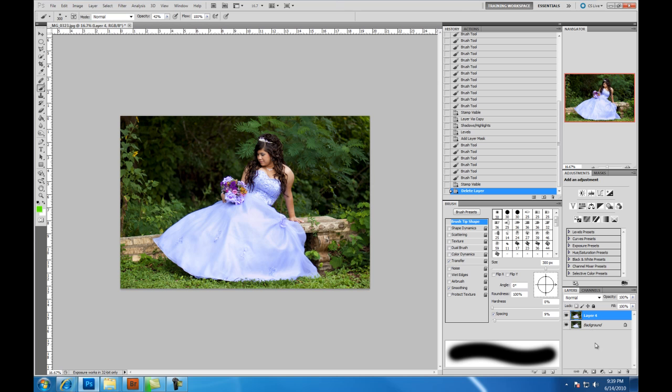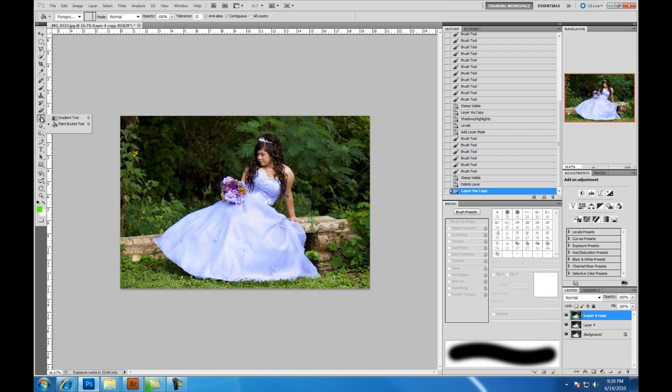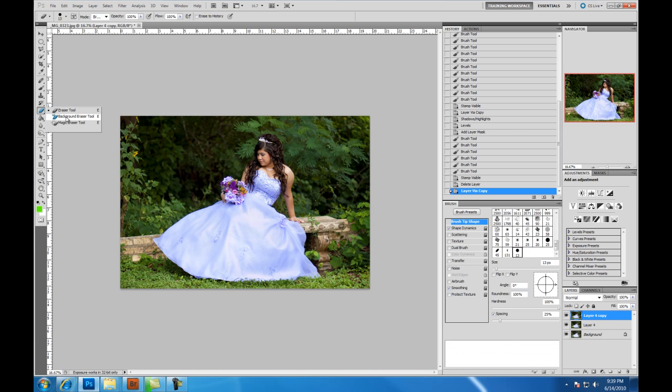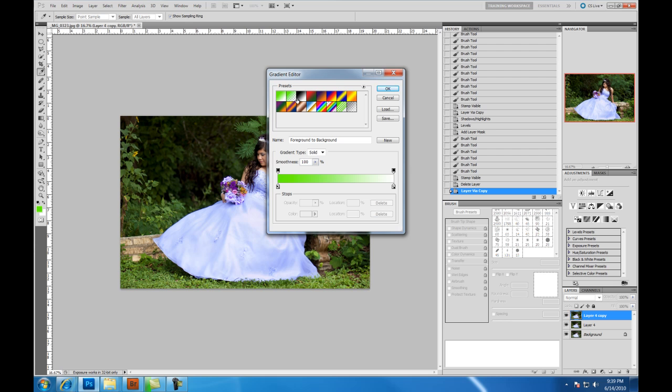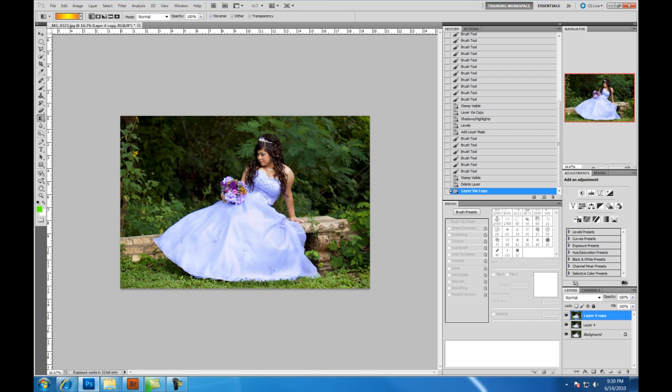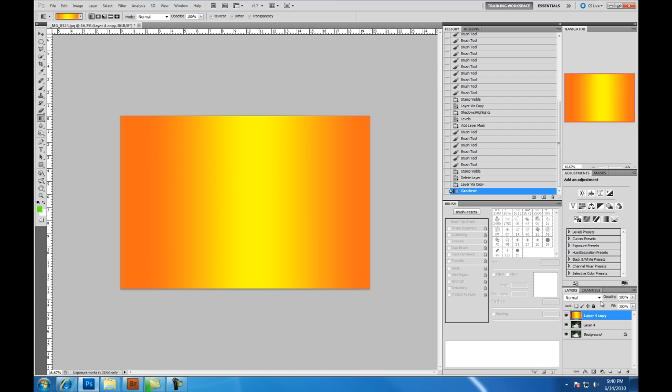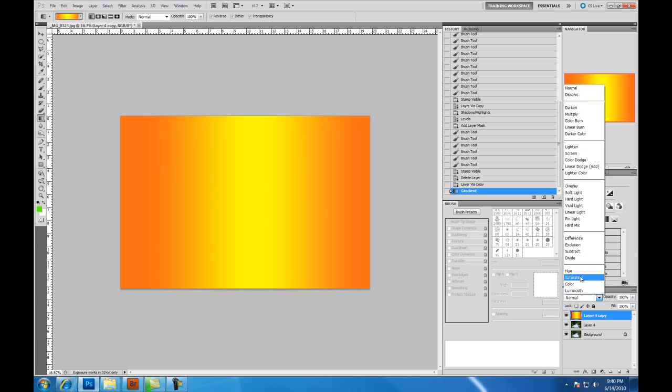What I'm going to do is press Control J, and I am going to use the paintbrush or the gradient tool actually, and I'm going to select a gradient here. And let's see what gradient. Let's use this one right here. And the reason why I want to do this gradient is because I want to show something. If we choose color,